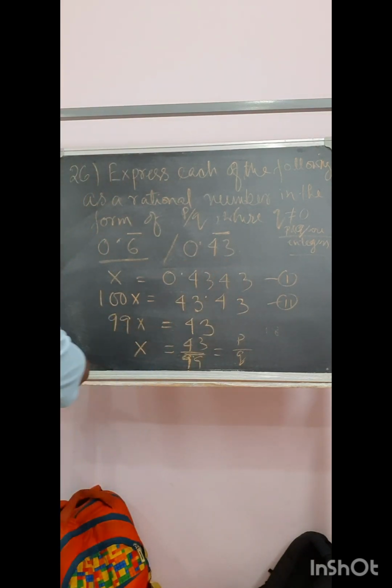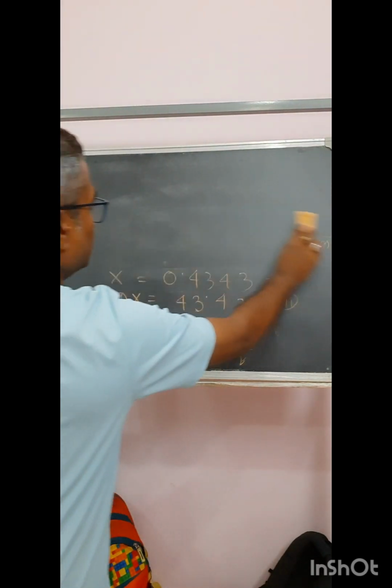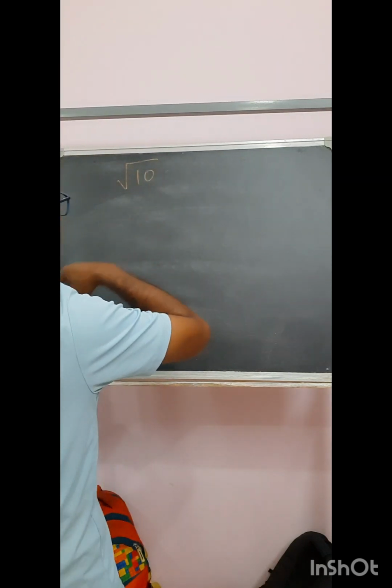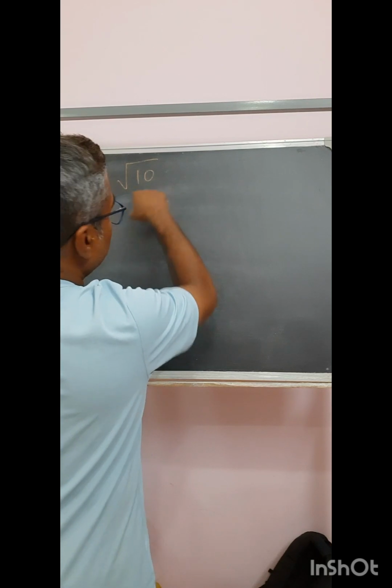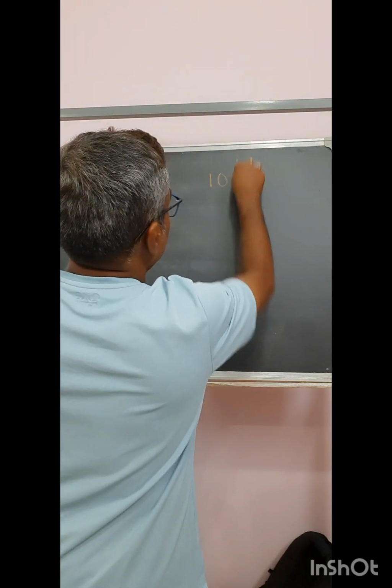Earlier, in the first sum, I explained about root 10, but there I said, might be wrongly, that root 10 is irrational. But if I try to factorize it,